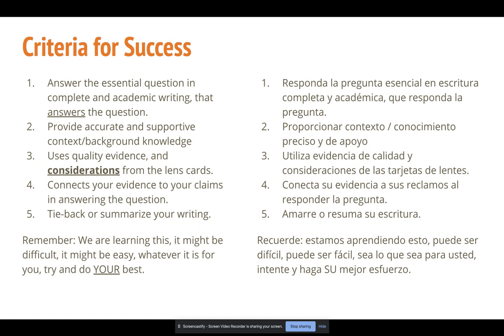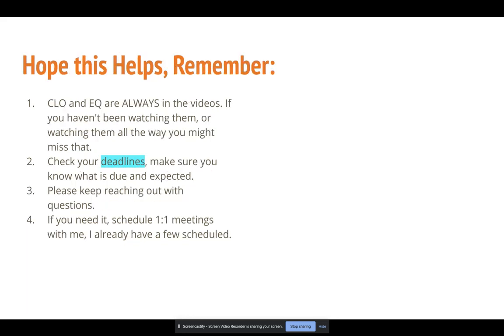The reality is that we're all learning in this, and some days are going to be easier than others. Some days are going to be more challenging than others. Do your absolute best that you can do every day, and don't worry about what the grade says. Just do what you can do. Learn what you can learn, get the education you can get, and make the most out of this time right now. Just a few things to remember as we close.